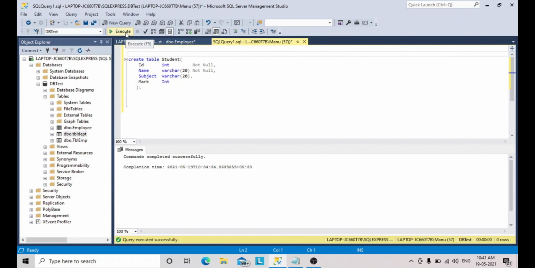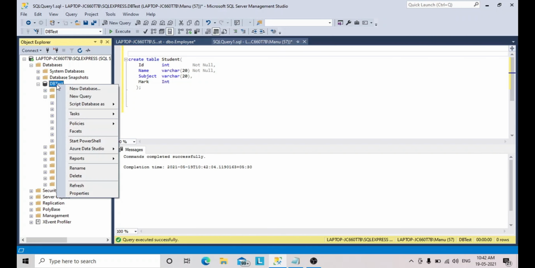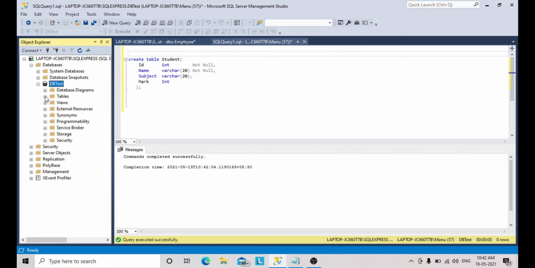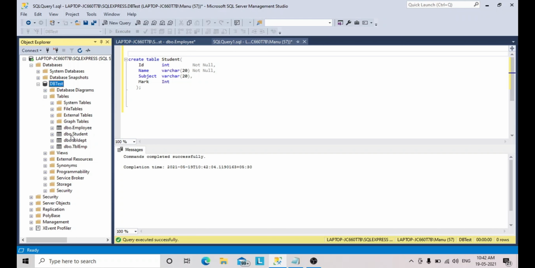I'm executing this one. This table is created successfully. So I'm just refreshing this database. Open this table. See here, the student table is created.